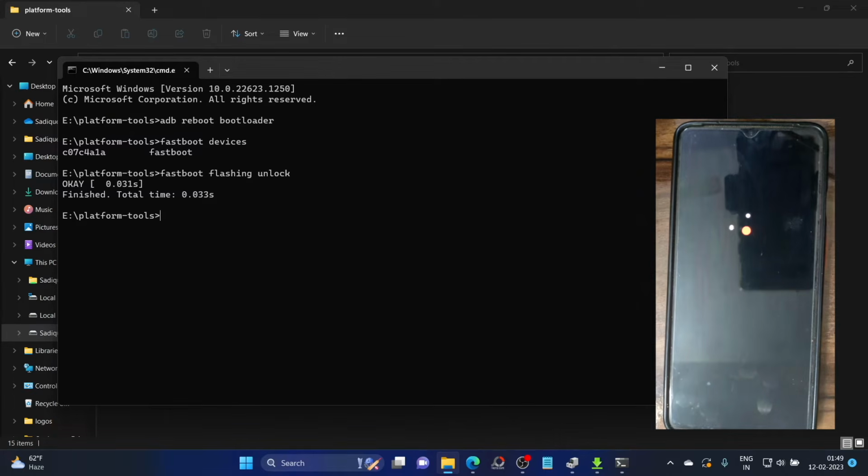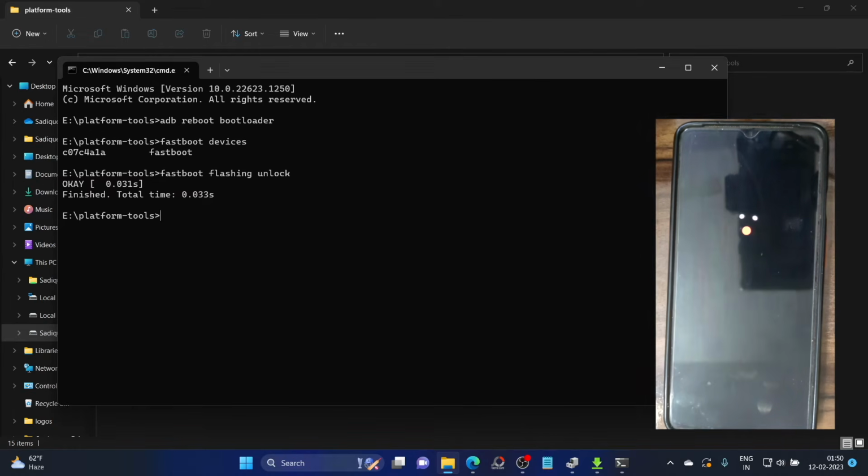Unlocking the bootloader is completely optional and it depends on individual choice. In my case, I like to keep it unlocked because in case something goes wrong, I could easily flash the firmware and rectify the issue. Though we have the MSM tool as well, usually I use the fastboot enhanced tool because that's easy. Until and unless our phone is hard bricked, in that case you have to use the MSM tool. But if it's just a soft brick, you could easily use the MSM tool or the fastboot enhanced tool as well.